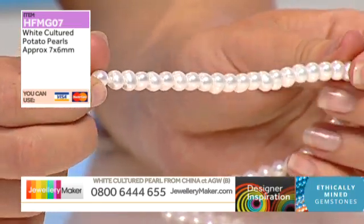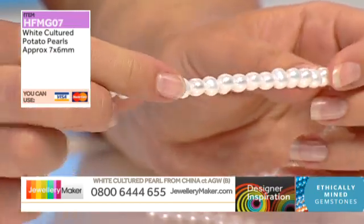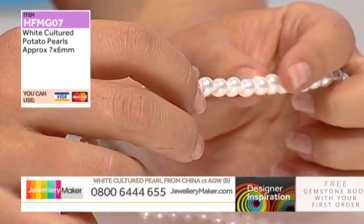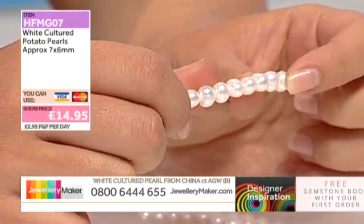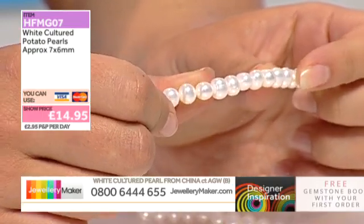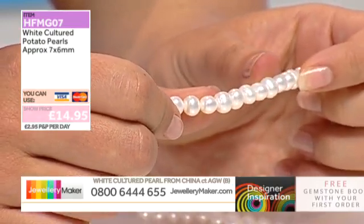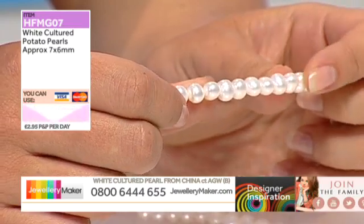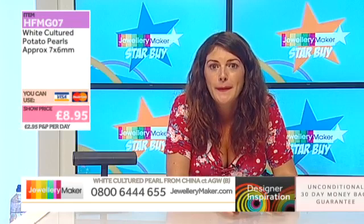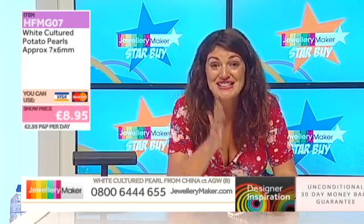Right, so we've got your white cultured potato pearls here. I don't like that word potato with pearls, but I think it references the shape, doesn't it, Dee? I'm not keen on that though, potato. Right, okay, so $14.95 is not your price. Actually, $14.95, when we did a little bit of research looking back at previous prices, that's where we should have been, isn't it, Dee? Dee said, I'm not going to tell you our finishing price though, Adele. Oh my goodness,